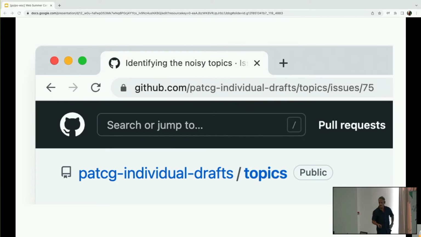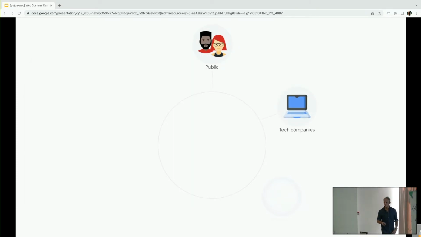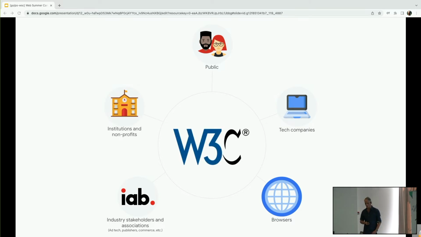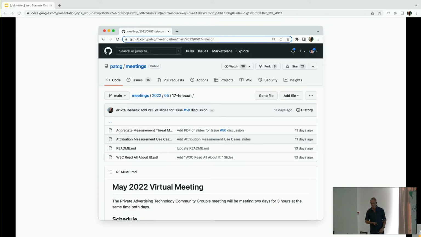You might have noticed the bit at the top that says PATCG. This is the Privacy Advertising Technology Community Group, and that's where this proposal has been published, and that's part of the W3C. The W3C, the World Wide Web Consortium, is the standards body for the web, started by Tim Berners-Lee. It's a consortium with engagement from lots of companies, including Chrome and Google.